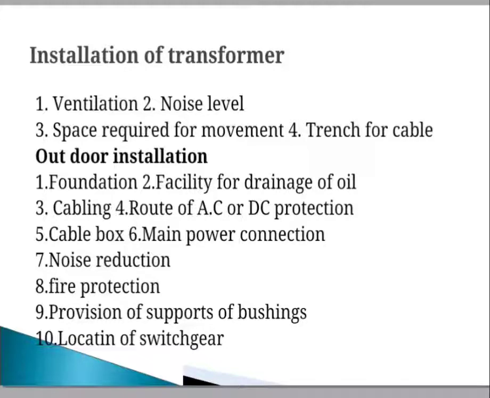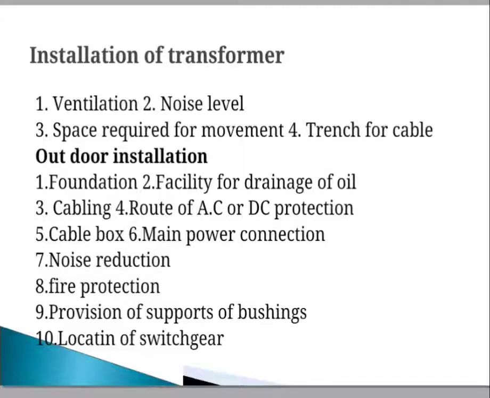Suppose the transformer is installed and four surrounding walls are present, then the distance will be 1.25 meter. Then with wall on three sides, it will be 1.1 meter. When there is a wall on the back side only, then the distance between the transformer and wall will be 0.51 meter. Then if there are walls on two sides of the transformer, the clearance from each side will be 0.75 meter. These are the different points we have to consider during the indoor installation of a transformer.